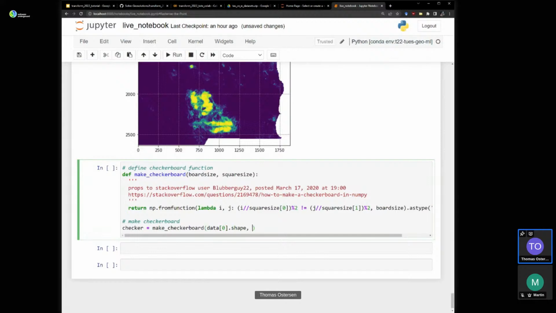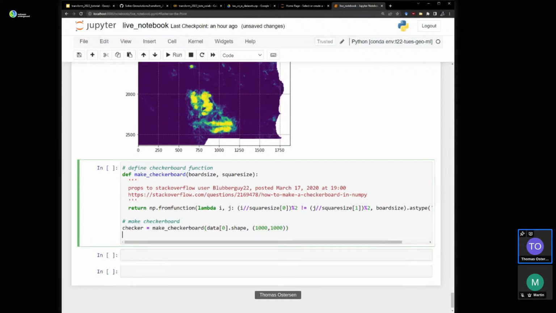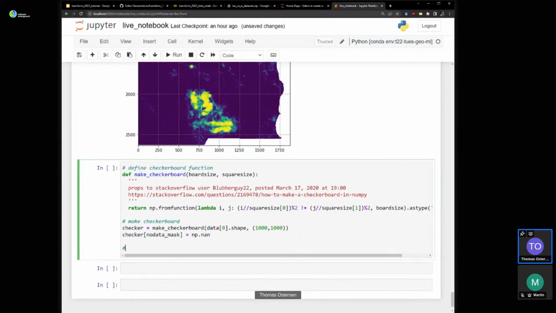For the square size, let's go with, I don't know, 1,000 by 1,000. So 1,000 in the X dimension, 1,000 in the Y dimension, which, because we have 5 meter pixels, is 5 kilometers. Let's mask the checkerboard with the no-data mask, using np.nan, and plot it.